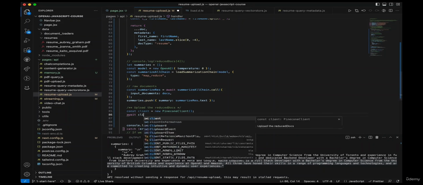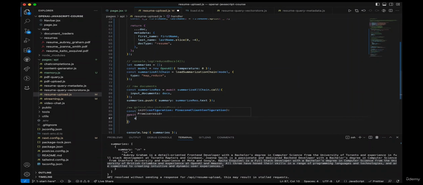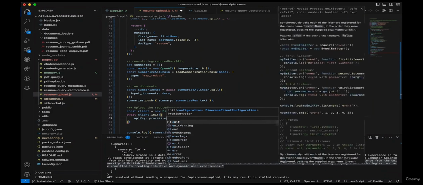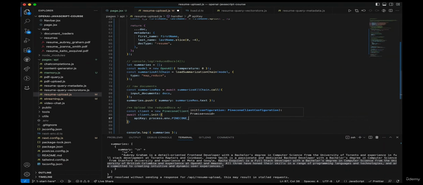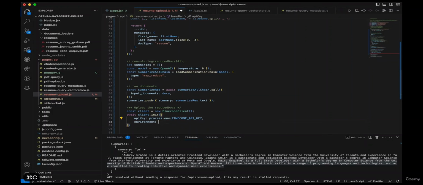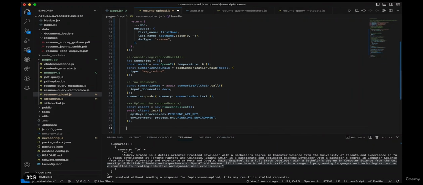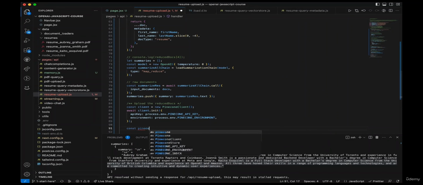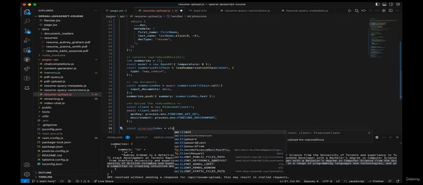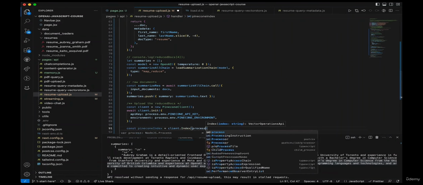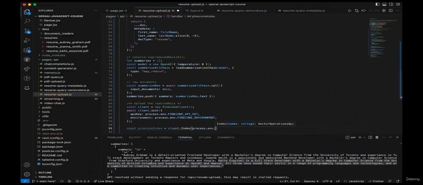And we'll await the client.init, and we'll pass it our API key for Pinecone, and the environment is gonna be this same part from above for the Pinecone environment. Okay, and then the Pinecone index equals client.index, and we'll pass in the name of our Pinecone index,